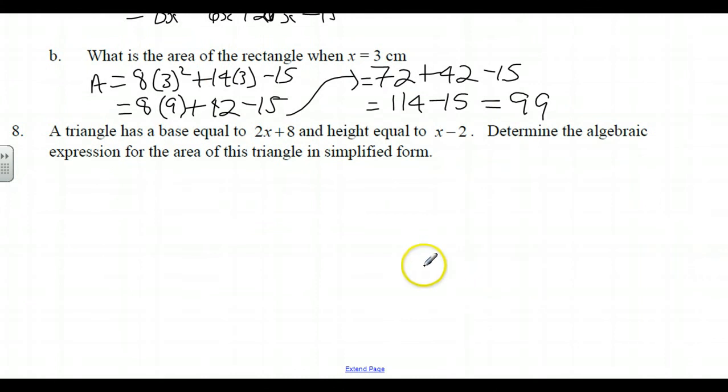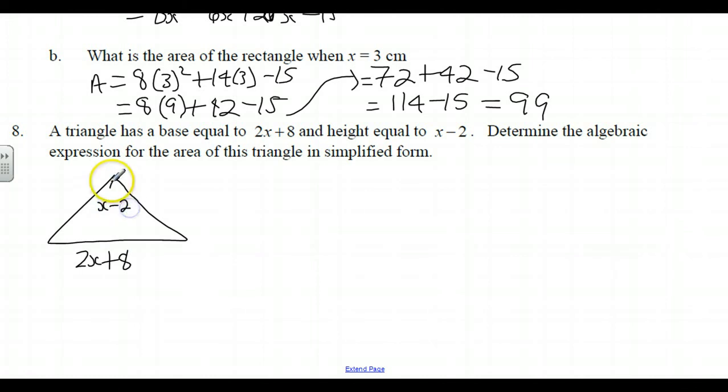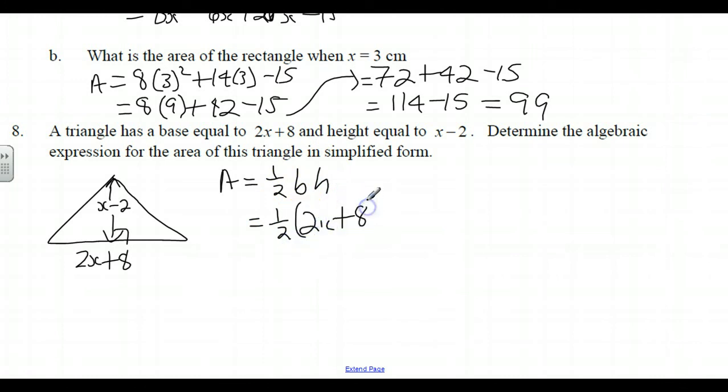Triangle has a base equal to 2x plus 8 and a height equal to, if we drew this, we could draw this, right? A triangle, base is 2x plus 8, and the height is x minus 2. So I might show that like that, right? There's height, the perpendicular distance is the height. Determine the algebraic expression for the area in simplified form. So area is 1/2 base times height, which is 1/2 of 2x plus 8 times x minus 2,